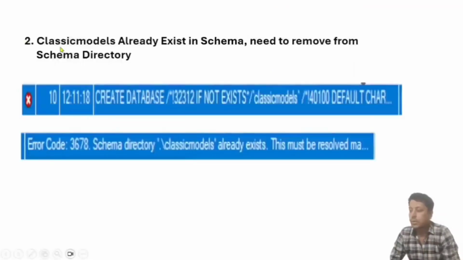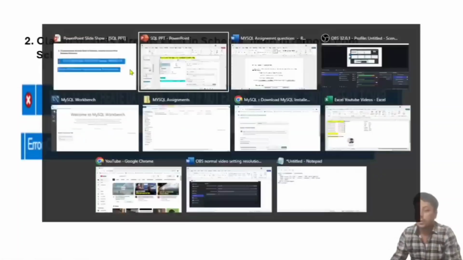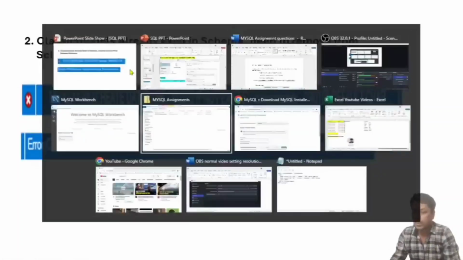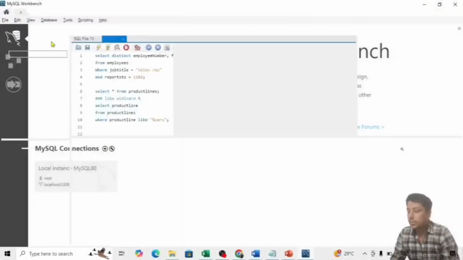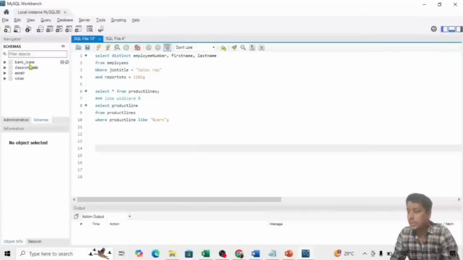Now we will talk about the second error, that is classic models already exists in schema, need to remove from schema directory. So first I will open my MySQL Workbench. So currently you can see the MySQL Workbench. If I click here, you can see these are the schemas. In schemas, these are the databases, right?